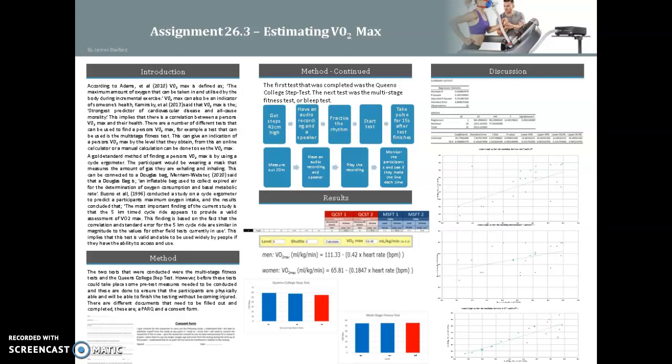So first of all, find the appropriate space, either indoor or outdoor. In this study, the test was done indoors. Then you measure out a 20-meter line from one point to another and put cones out. This is so the participants know where they're running to. You have an audio recording and a speaker. It's important to have a speaker for this one, because if you're doing it with a large number of participants, say 15 or more, and they're spread out along a wide line, the participants furthest down may not be able to hear it. You then begin the test and play the recording, and then you have to monitor the line and ensure that the participants are reaching the line before each beep.